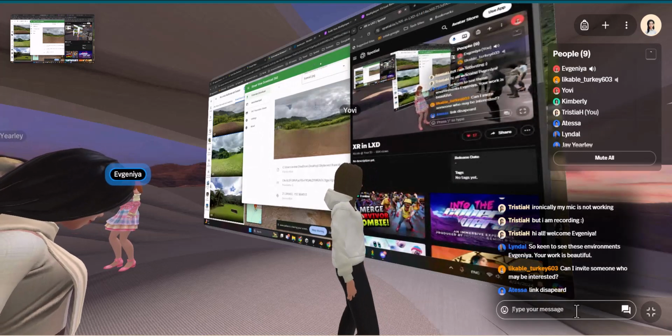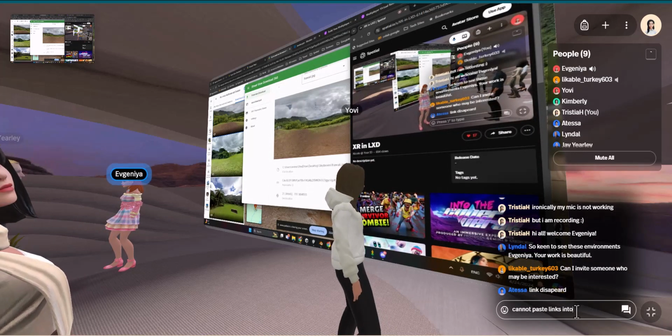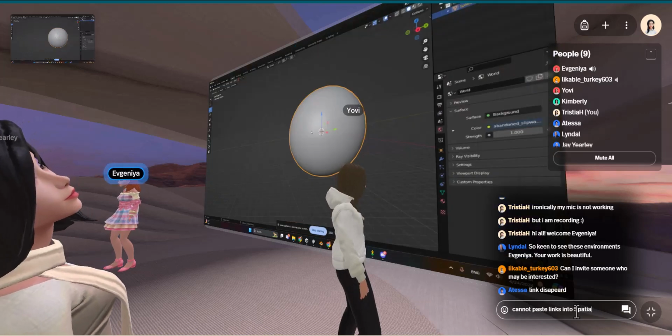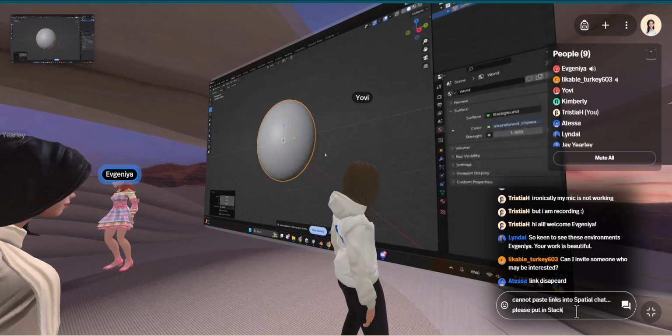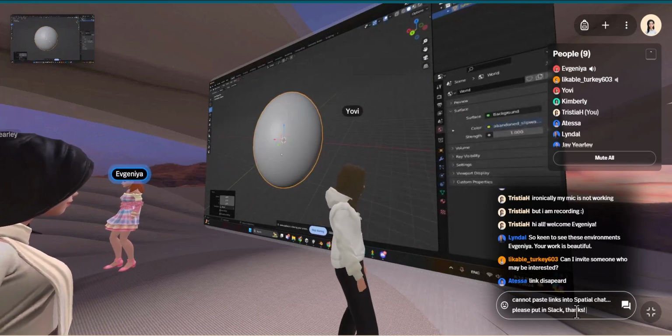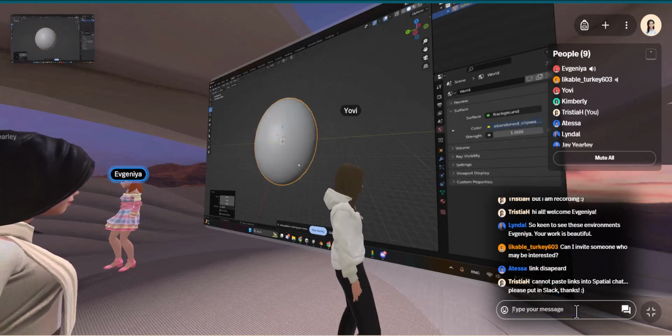So Blender has to become your right hand. Blender is your friend. Blender is where we create all of the environments. It is free, it's open source. All of my environments are built in Blender. And the way you can even start is